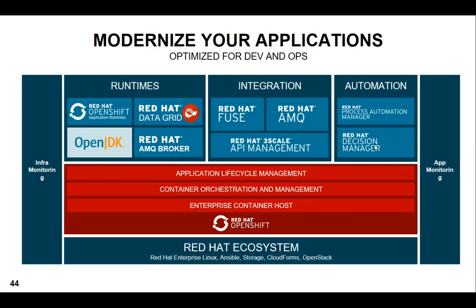Red Hat Process Automation Manager. Red Hat Process Automation Manager gives you the flexibility to design your own processes, the complete BPM suite, and Decision Manager gives you the flexibility to create your own workflows based on your business process flow. So this is Red Hat Process Automation Manager, and Decision Manager works like your complete BPM suite where you can create a complete business process from scratch, right?